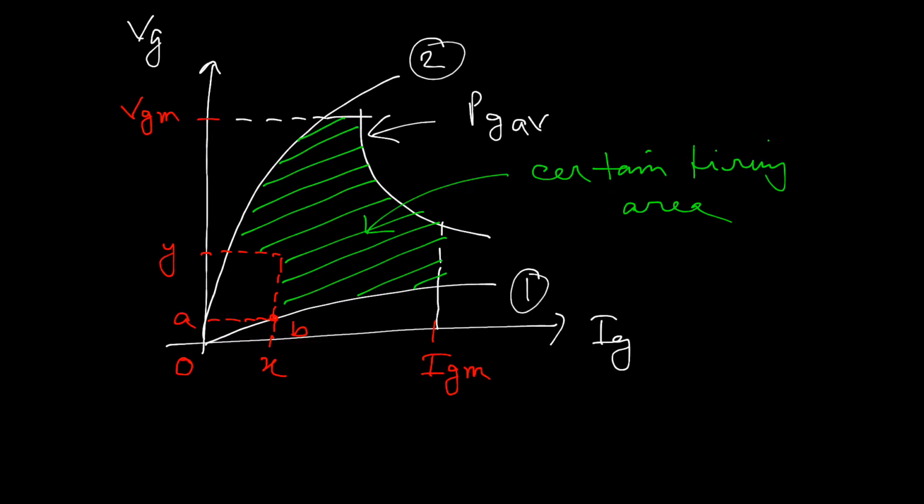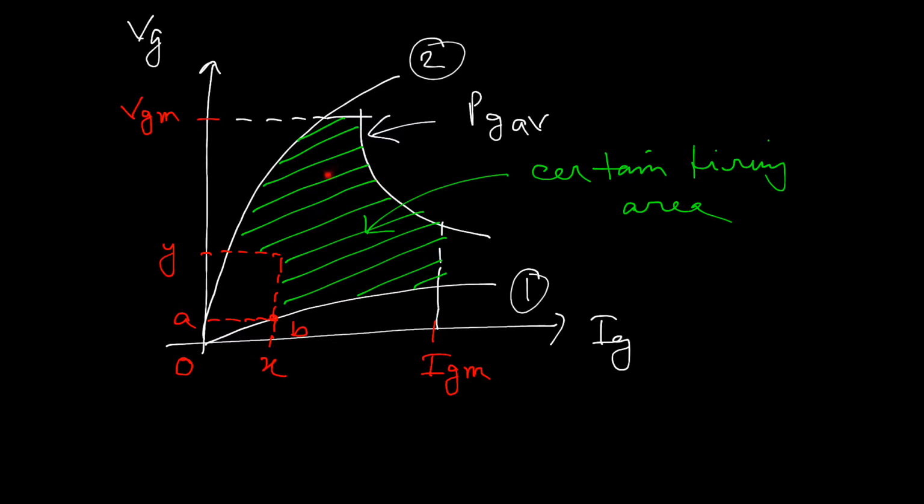That means always we should give the particular amount of gate voltage within the permissible amount, that is above A and below VG. Okay, so we can say VG is the maximum amount of gate voltage up to which the gate cathode junction or J3 will not be damaged,